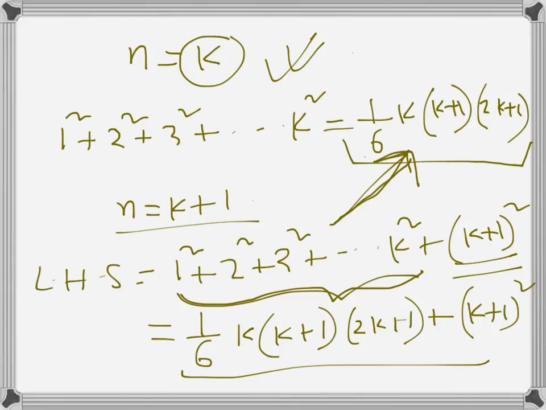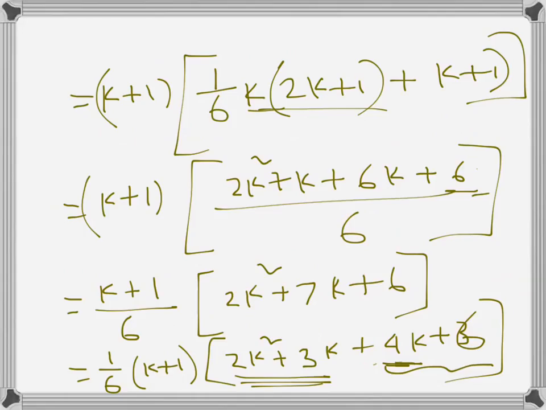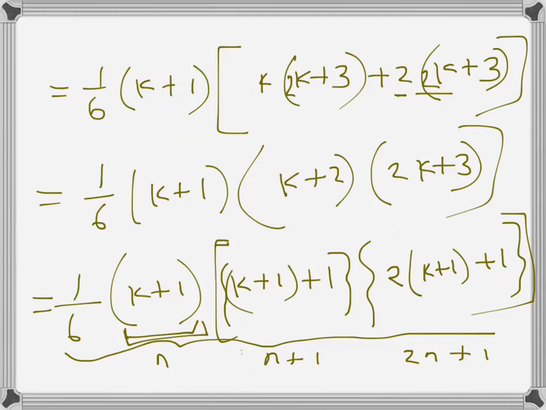So basically when we take n equal to k plus 1, starting from the left hand side, we have shown that we can come to the right hand side for n equal to k plus 1. So the relationship is proved using mathematical induction, because first we showed the left hand side is equal to the right hand side for n equal to 1, then assuming the relationship to be true for n equal to k, we showed that the left hand side is equal to the right hand side when n is equal to k plus 1. So it's proved using mathematical induction.